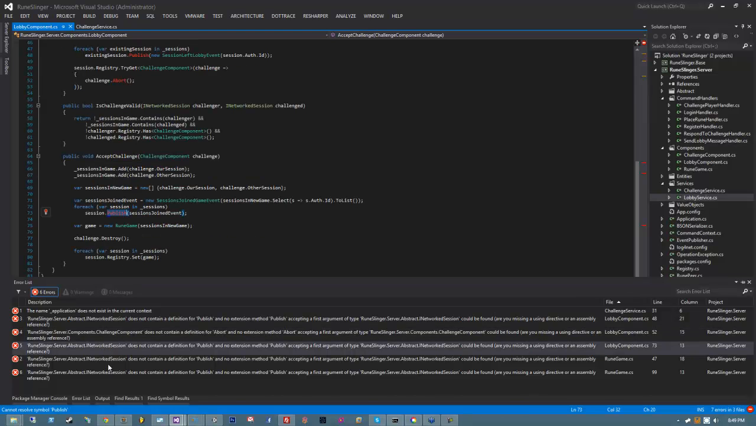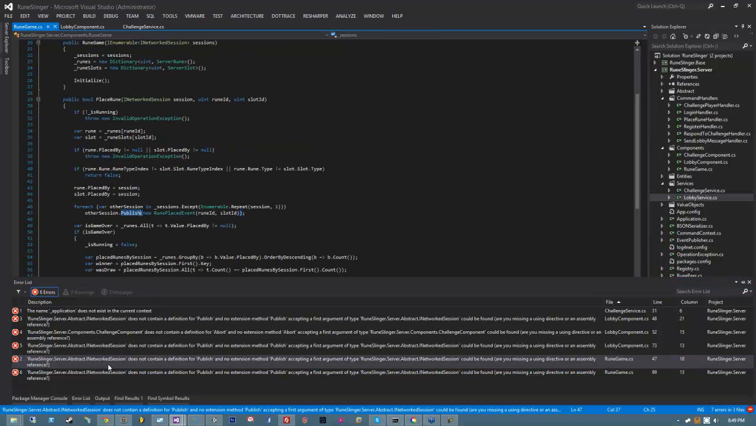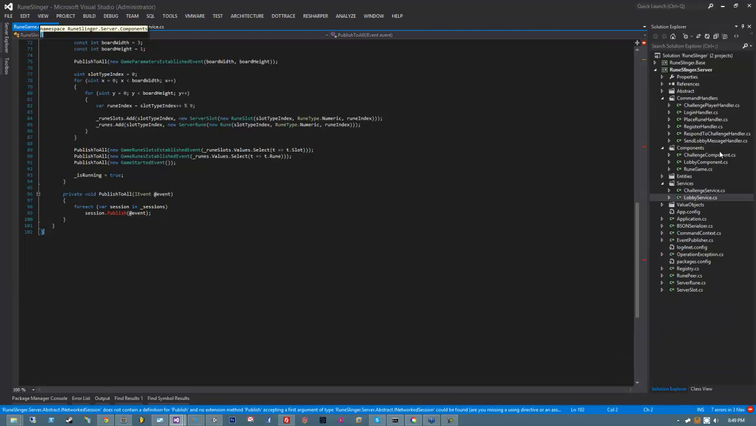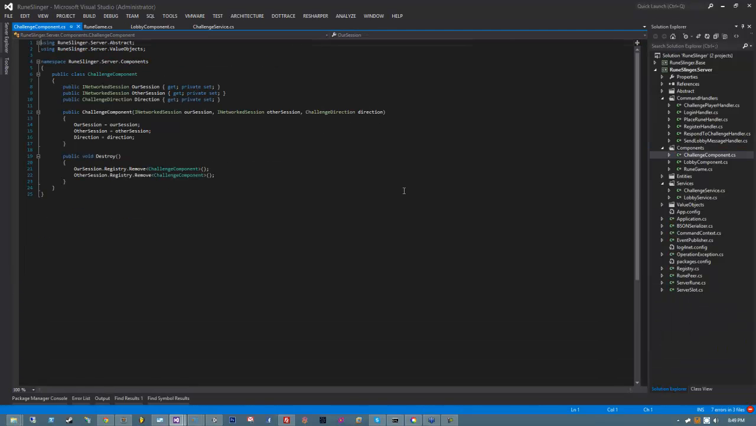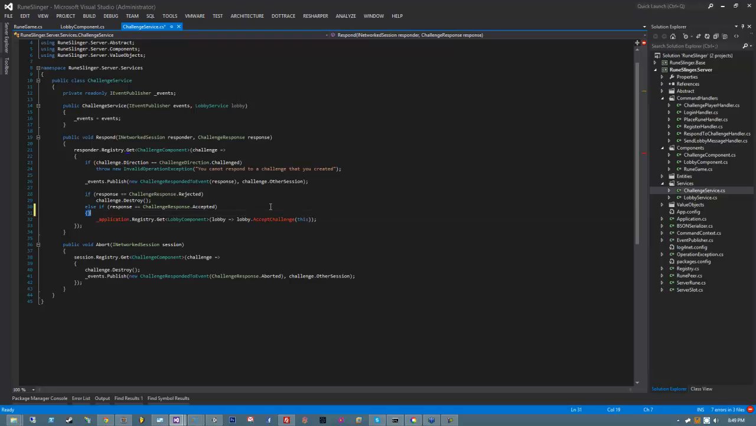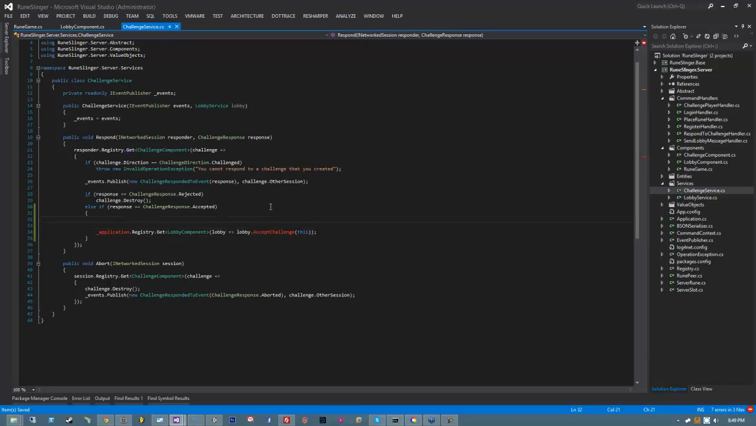And then we need to change the accept challenge method. Because the accept challenge method happens in our challenge component, or sorry, our challenge service. It happens right here if we accept it. Because if we accept it, a lot of stuff has to happen. We have to instantiate the game and get all that stuff done. So first of all, I'm going to tell the lobby, I'm going to say,